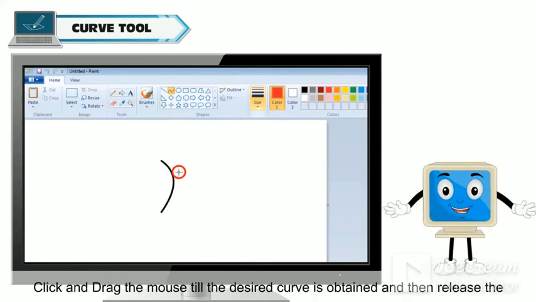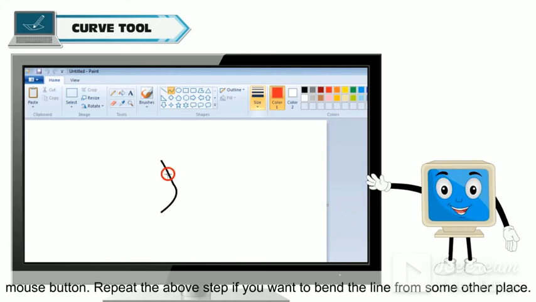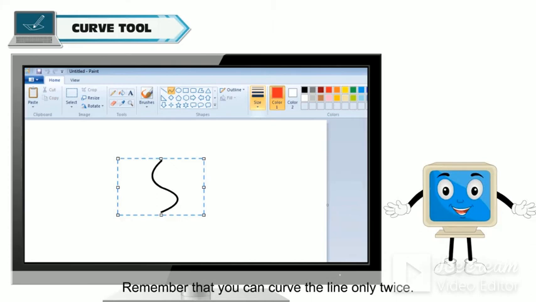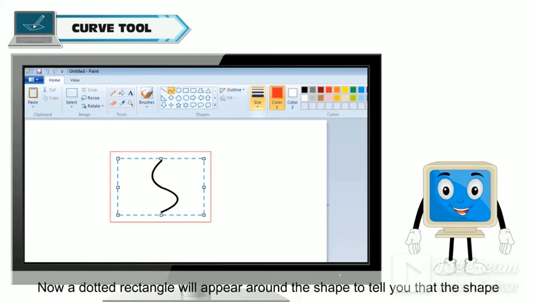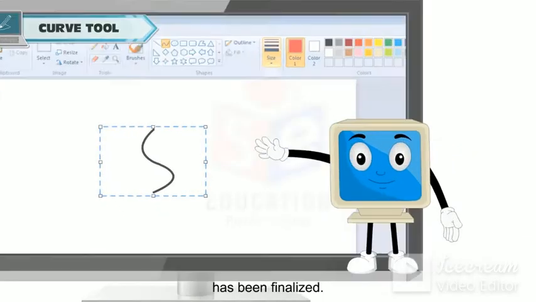Click and drag the mouse till the desired curve is obtained and then release the mouse button. Repeat the above step if you want to bend the line from some other place. Remember that you can curve the line only twice. Now a dotted rectangle will appear around the shape to tell you that the shape has been finalized.